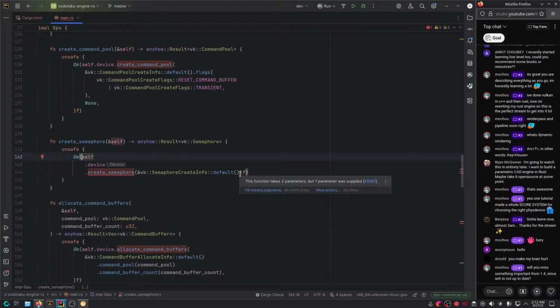Well, you missed something important from 1.4 since Ash is not up to date. Not really. I would miss the fact that push descriptors, which I'm going to use instead of descriptor sets, which really sucks. I'm going to use an extension called push descriptors. The real difference between using it in Vulkan 1.4 and Vulkan 1.3 is only that in 1.3 you have to enable that extension, but in 1.4 it got promoted to core, which means I don't have to enable it because it's already in the Vulkan core API.